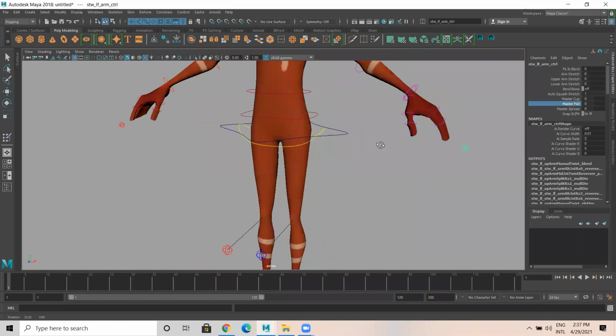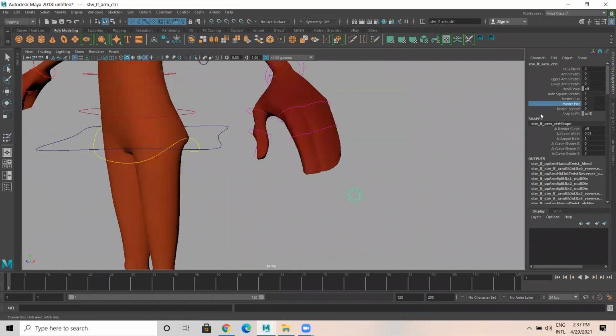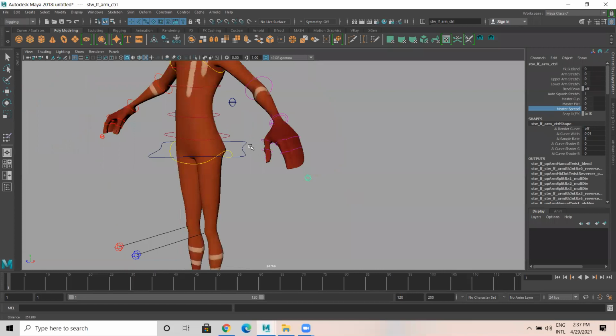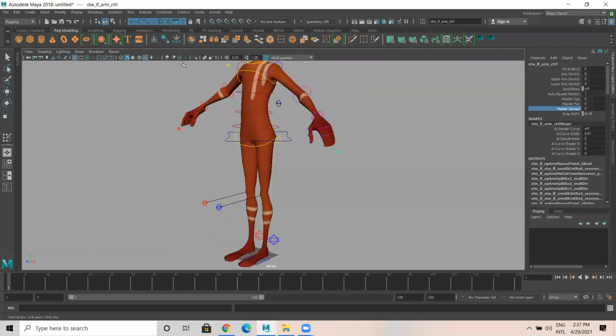See here, the fingers part. It's an example which I'm showing here. Master cup. Okay, this part here, finger, fist, spread. Like these are the things which we need to add. We need to add separate controllers, and after adding these controllers, we need to link them to the joint setup. So this is another part which I'm referring to. This is called set key. This is a set key portion that we will do.